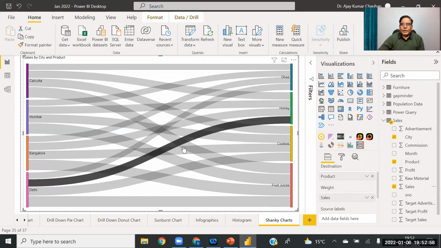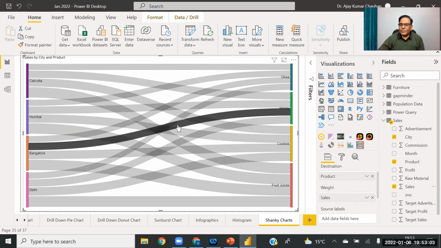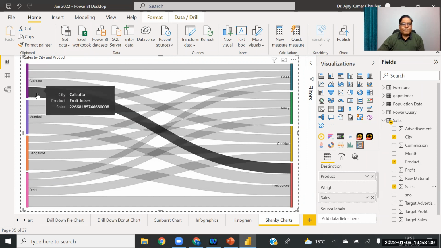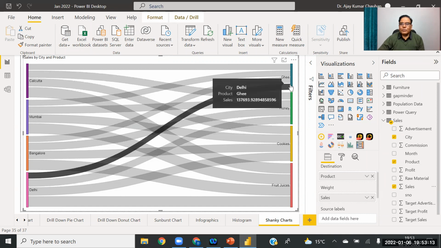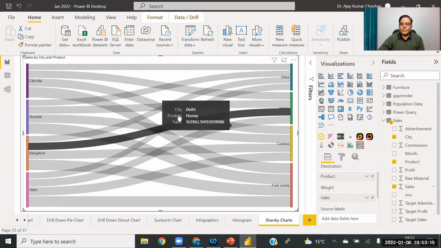So now for this chart, there must be three variables, but I'm making it with two variables. The Calcutta sales. So Calcutta sales of cookies. So it is combining two things.